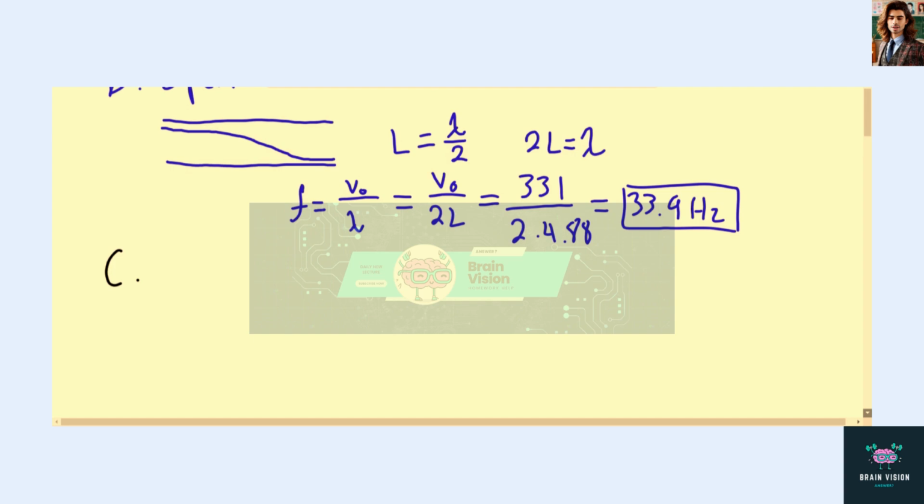All right, so in part C, we just redo the calculations from part A and B, but now we are doing it for what if the temperature is 20 degrees Celsius. So now in part C, Tc is 20.0 degrees Celsius. So now we have a new speed of sound, so we have to recalculate V. So if we go ahead and plug in 20 for the formula that we had for V before, we get that V is equal to